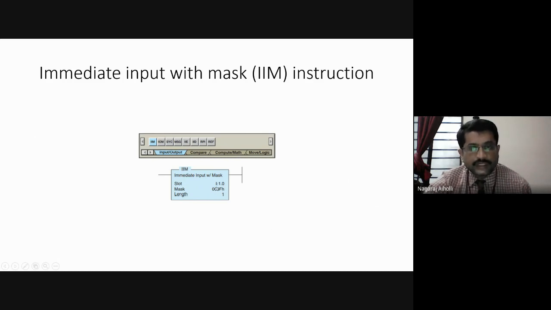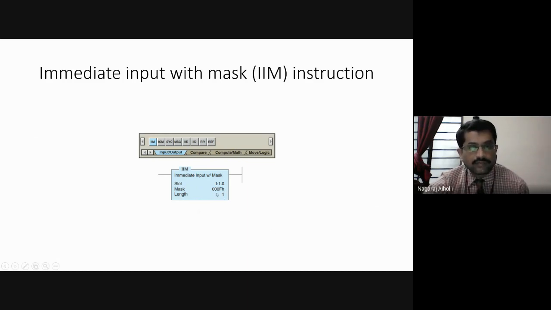We are choosing that, and among the 16 bits we are masking the first 12 bits. The meaning of masking is, out of 16 bits, the first 12 bits we are making them 0. This is the meaning of masking. Masking means we are clearing the bits which we don't want.